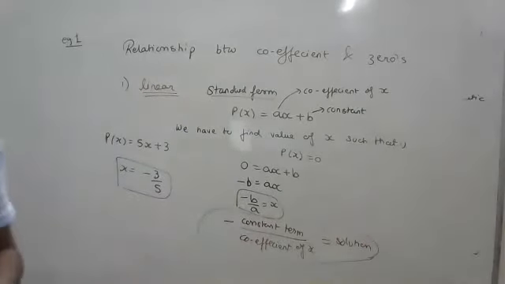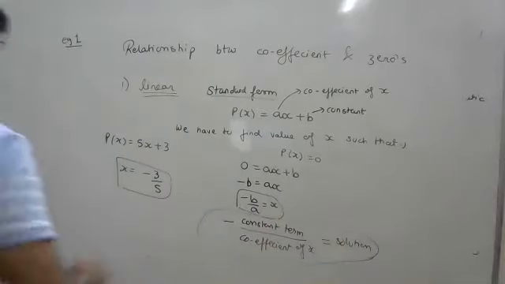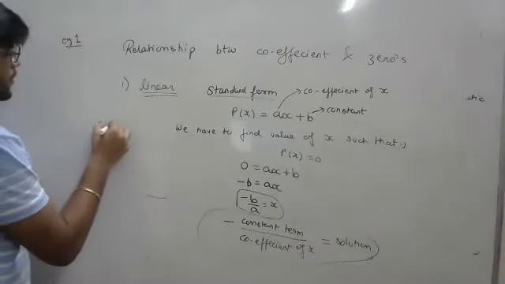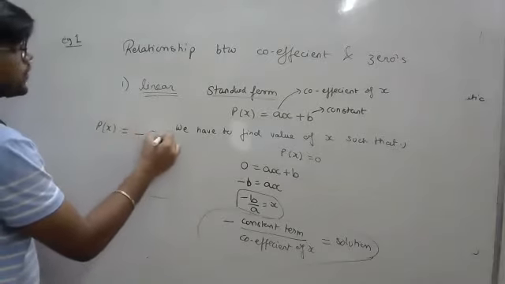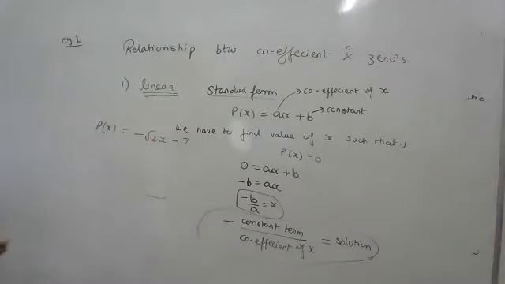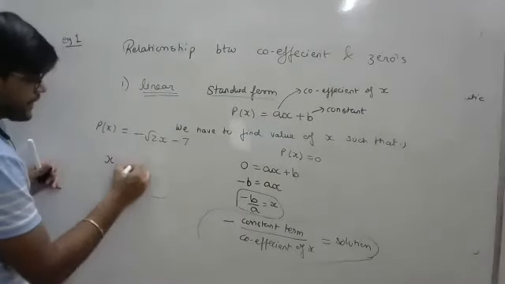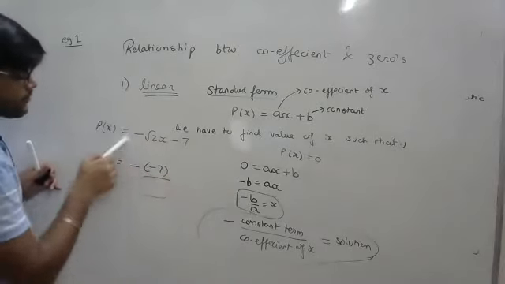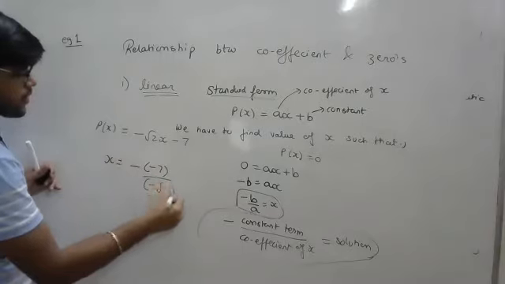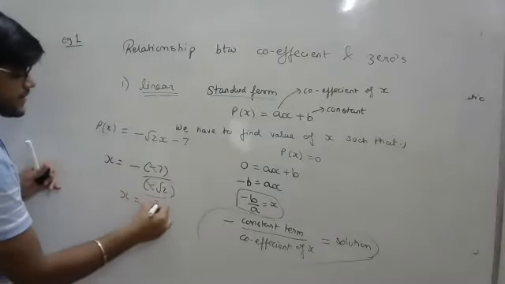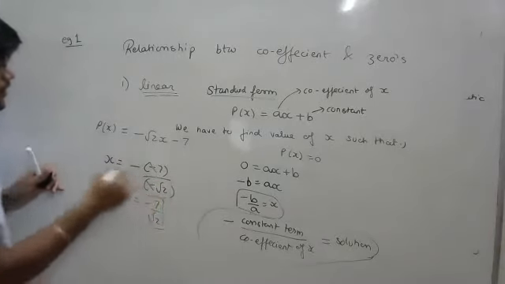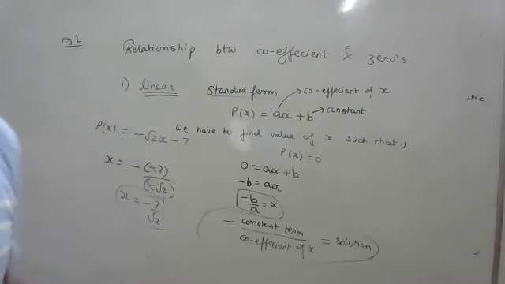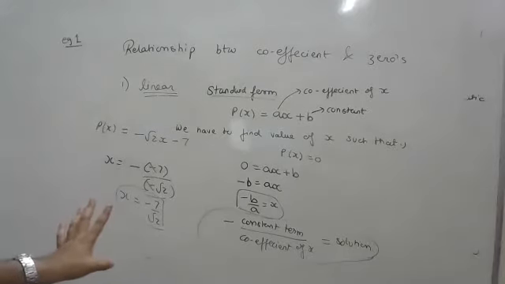So next time if you get an equation, let's say your equation is minus under root 2 x minus 7. So you have the formula. Your final answer for x will be minus, what's b? Minus 7. And upon a, what's your a? Minus root 2. Minus minus cancel. So this relation really helps you to find the solution quickly. The value of x here is minus 7 by root 2.